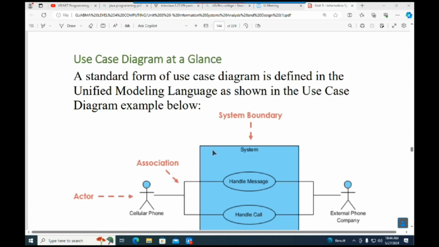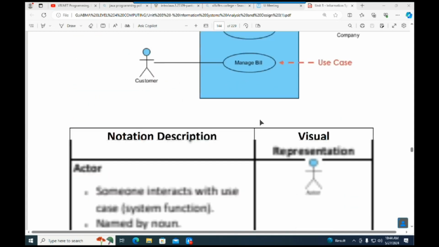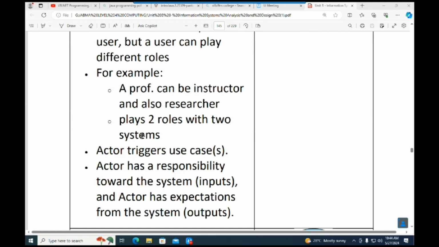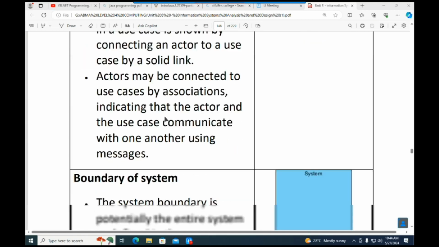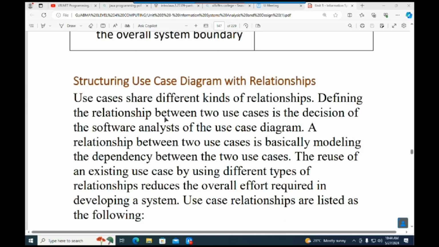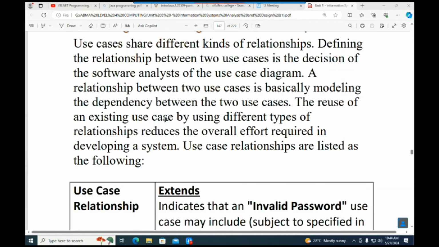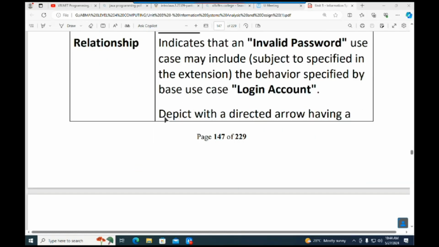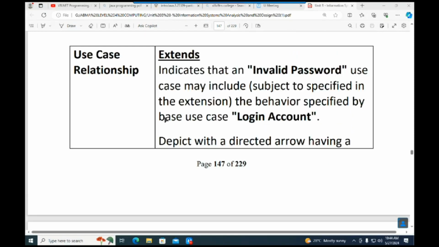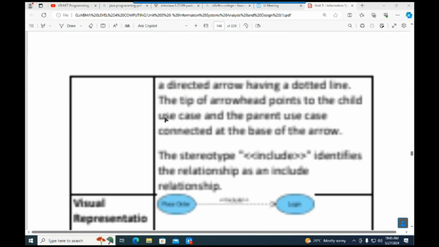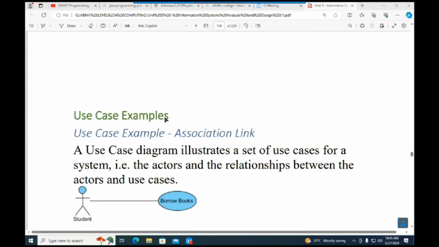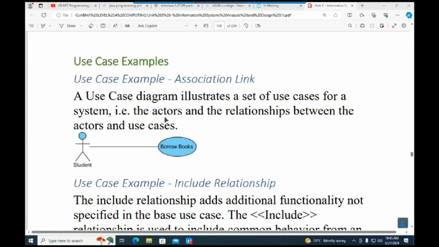So we looked at this example, this entire system, and I also talked about this box. Just a recap of what we actually looked at. So I want us to move to some use case examples, and the first example that we're going to look at under the use case is